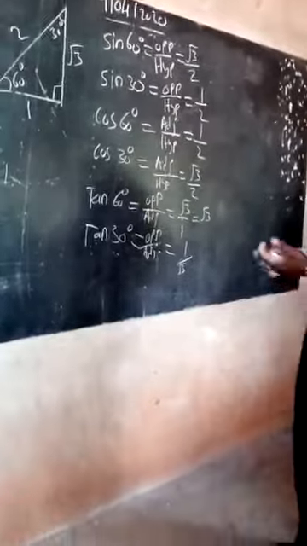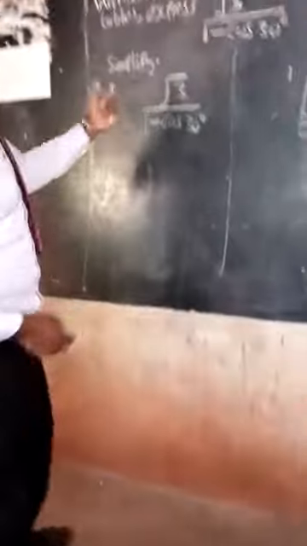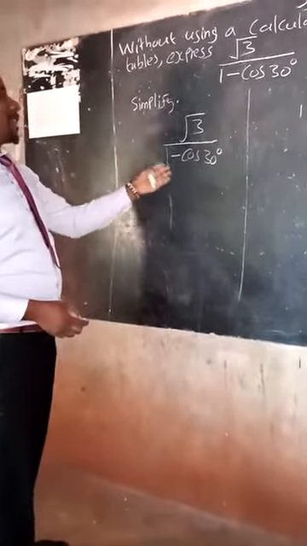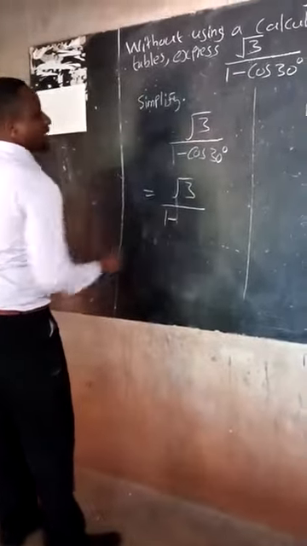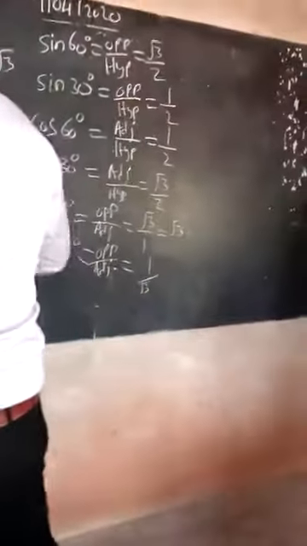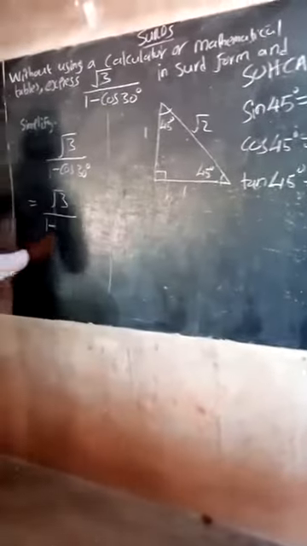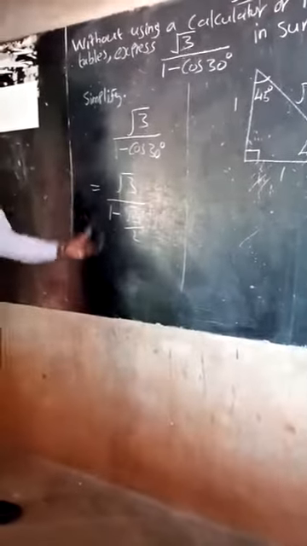So whenever you have been given any angle like now, and we have been told to simplify it, you first separate it from root 3 over 1 minus cos 30. It is the same as root 3 over 1 minus, instead of writing cos 30, what is the trigonometric ratio of cos 30? Come here and see. Cos 30 is the same as root 3 over 2. So it is minus root 3 over 2. So this is now what you are dealing with. We should now rationalize the denominator here, and then we are able to solve it out.